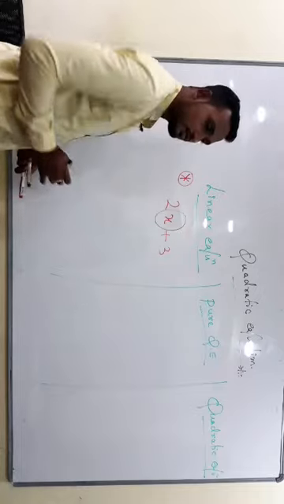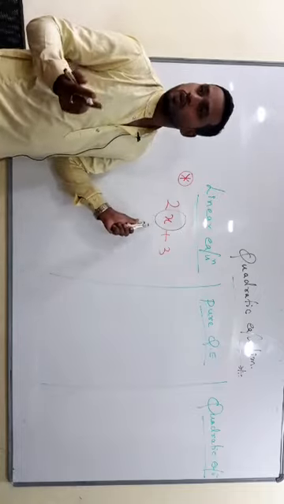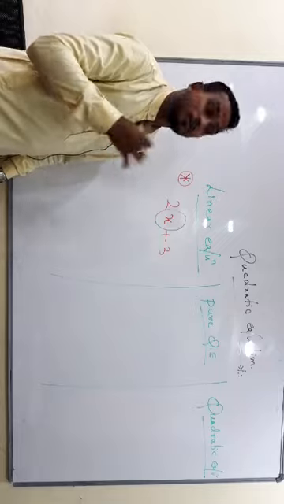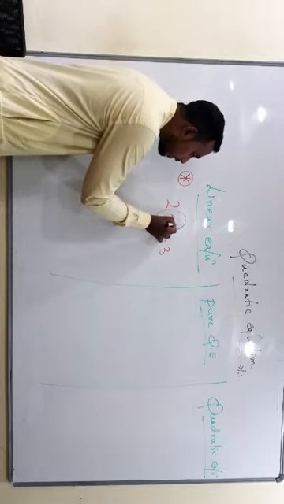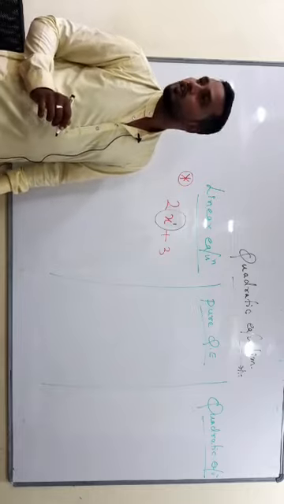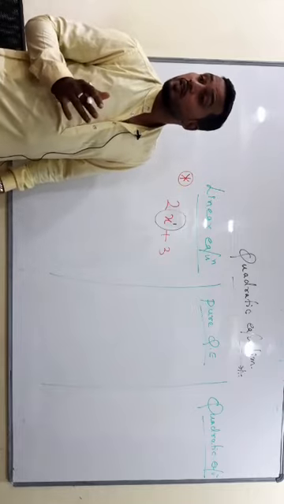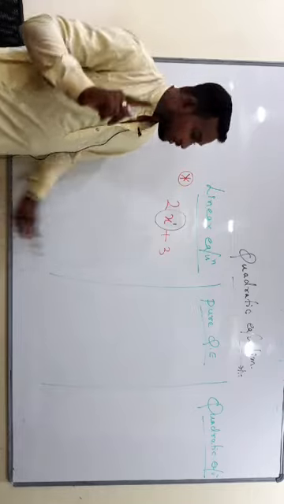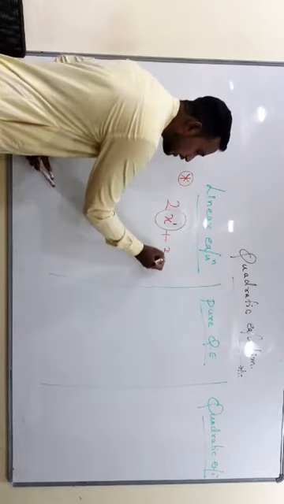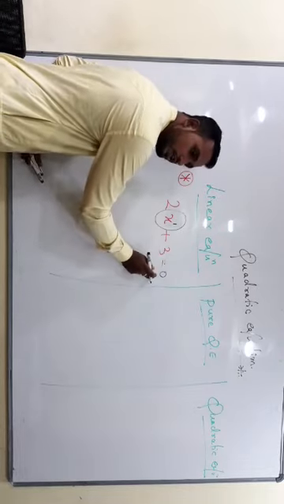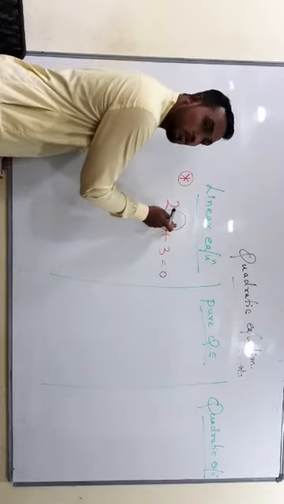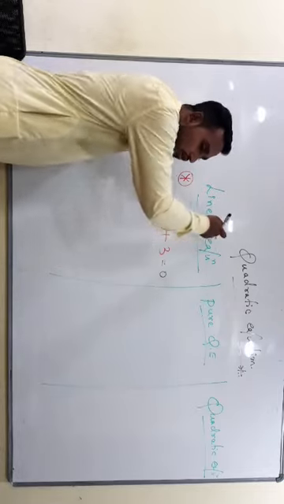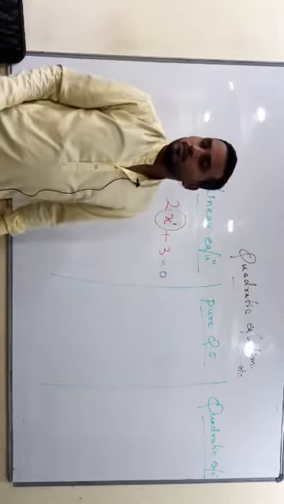Variable is x. X value we don't know. What is the power? Power is nothing but degree. If nothing is there upon this, we can say 1 is there. Got it? Nothing is there on that means 1 will be there. So here this is an equation which involves a variable whose highest degree is only 1. Such type of equation we call it as linear equation.